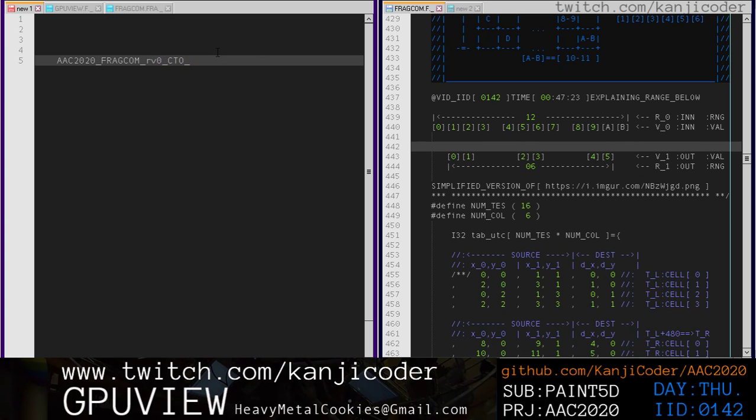Convert to... right, so maybe like this, and then, you know, int32 r0, right, and int32 range and value, and then int32 range 1, right, so and then